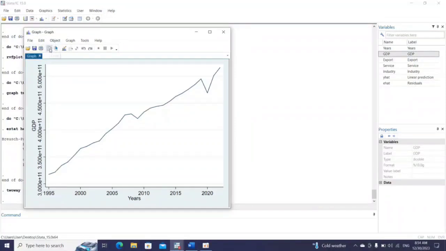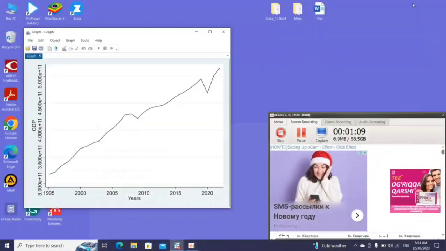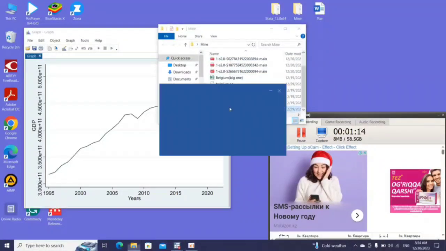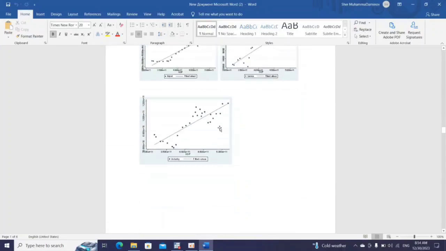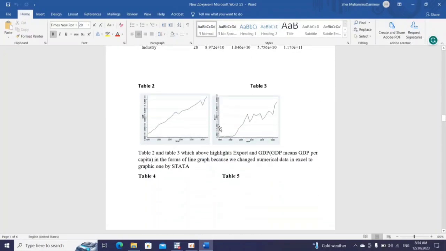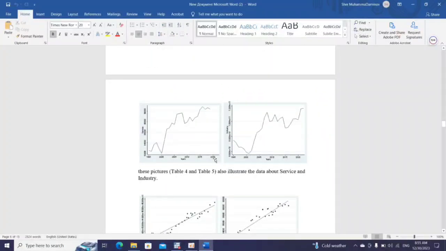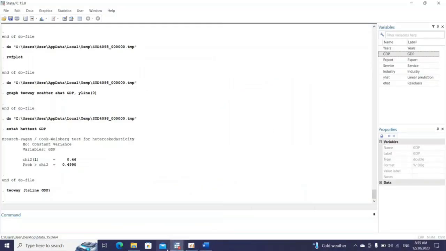We should copy this, which I have already done, and move it to our Word file here. Yeah, here it is. All four sectors. And next one is